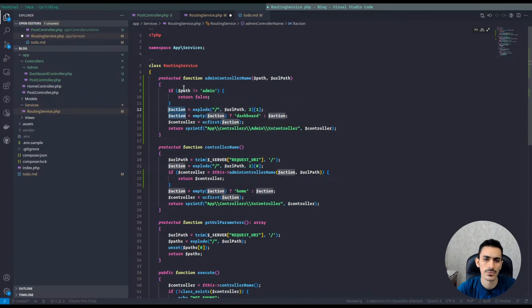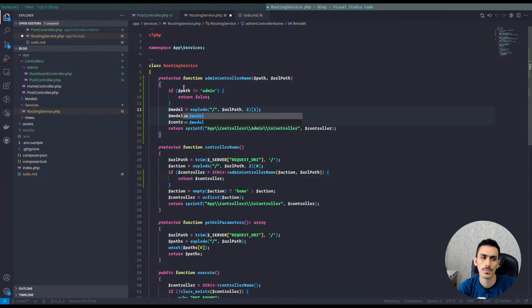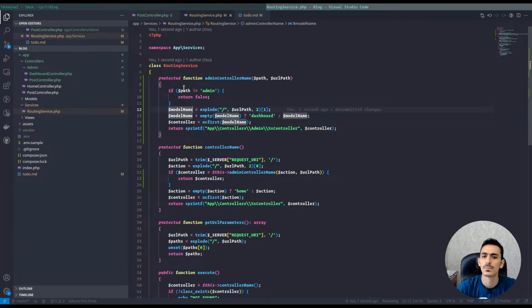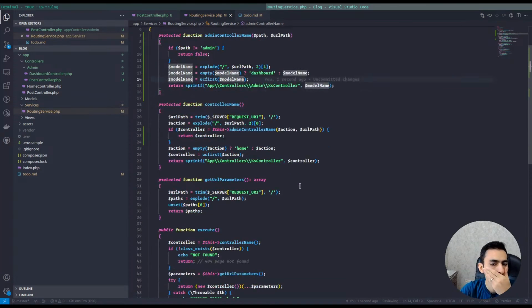And this, instead of action, we should have something like dollar model, model name. Better model name. Yeah. So the only thing that we need is to